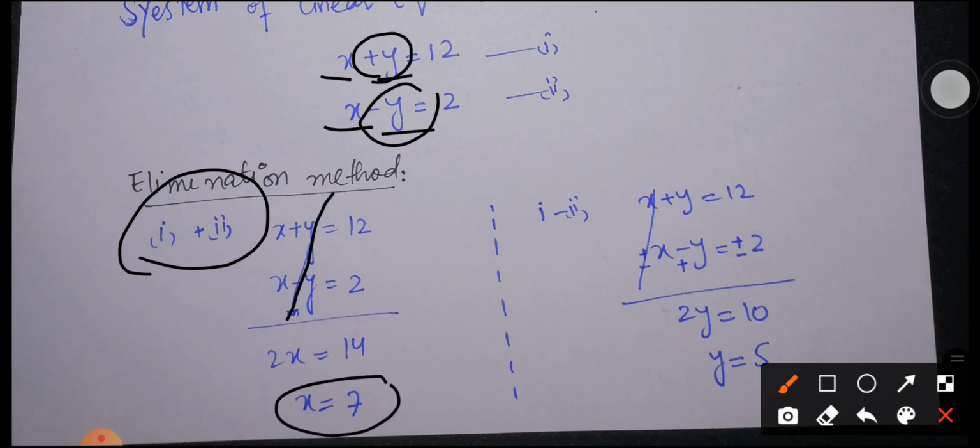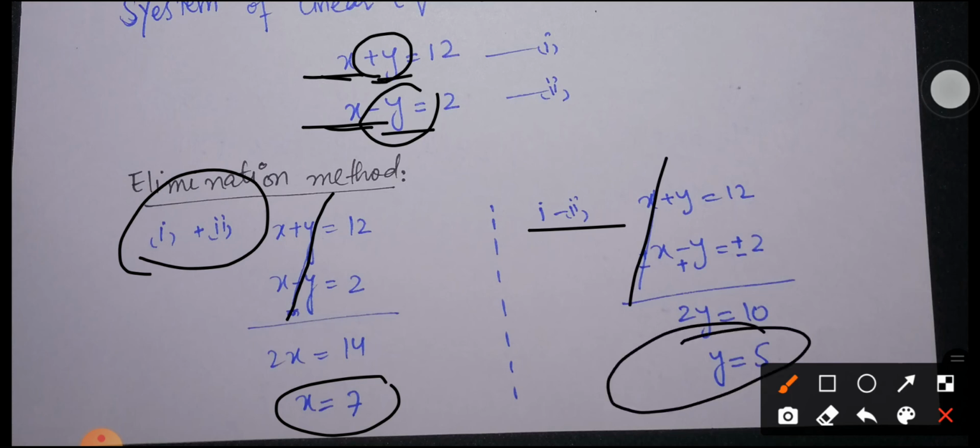and I will get the value of x. Similarly, if we want to eliminate x, you can see that x has the same sign coefficient in the two equations, both are positive. It means these cannot be cancelled out at this moment, so we are going to subtract the two equations, 1 minus 2 or 2 minus 1. By subtracting the two equations, you can see that now one is positive and the other is negative, so x will be cancelled out and we will get the value of y. X eliminated and we get the value of y.